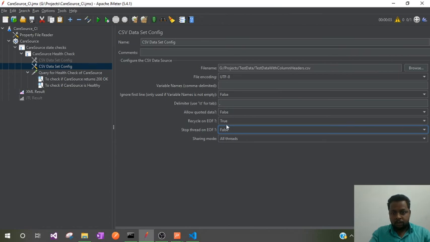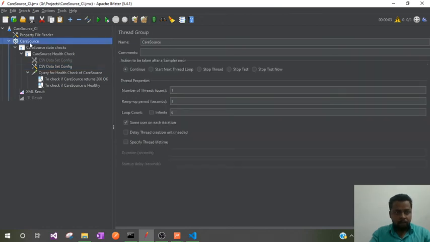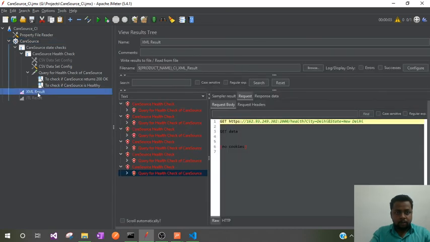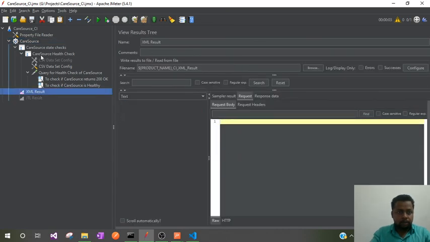So to just demo this, let me go to the thread group and make this loop count value as infinite. I want this request to be executed infinite times to check the health of the service. So this is to just apply some load on the application and check the application stability, how many requests at a time it can take, and how much load it can withstand. Okay, so just let me go here and click on clear this,